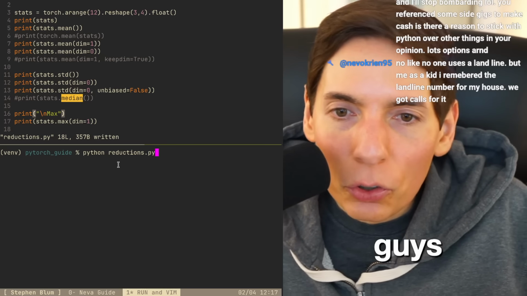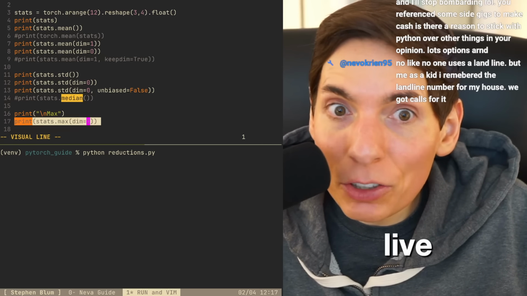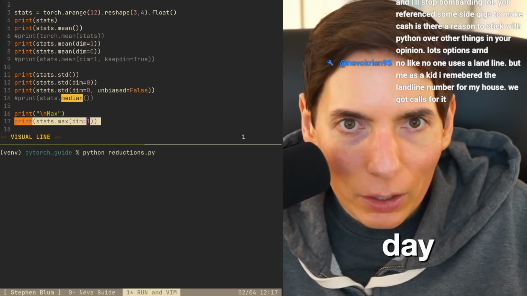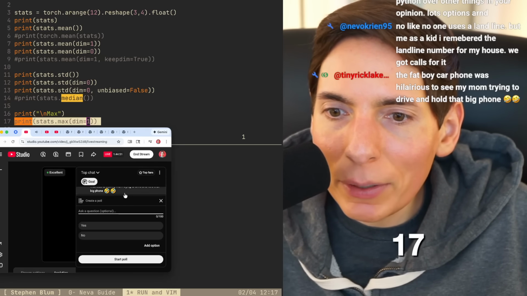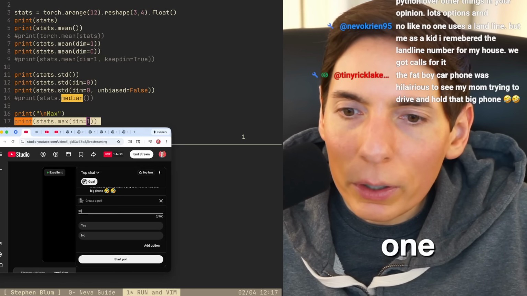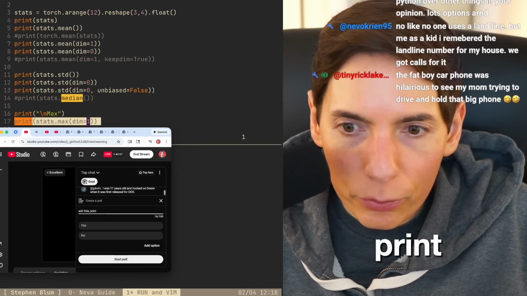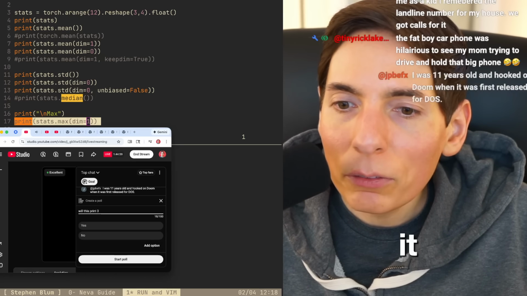All right, here you guys. So those who are live and paying attention to us right now, we get one last poll for the day. What are you guys going to answer? All right, so on the screen here, you can see line 17, max dim equals 1. Will this print, was it 3 values or